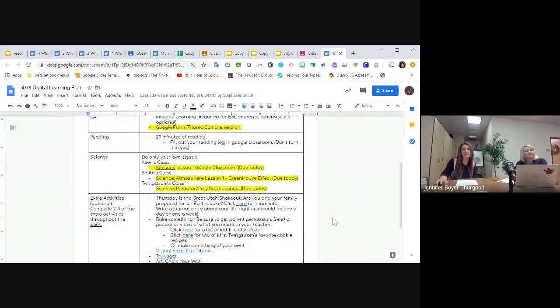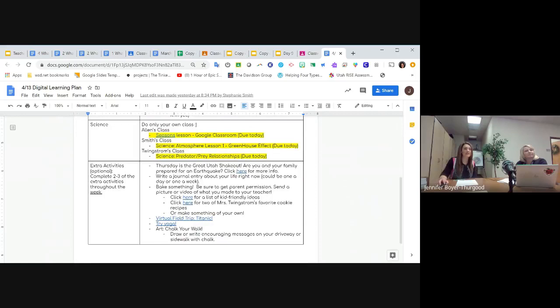She's got some science in here today. And then look, Chrissy has extra activities that are optional and they're marked optional, which is awesome. These are for those kids and parents who have extra time. They want to fill their time productively. These are things that might be touching on some of those important and supporting skills even.